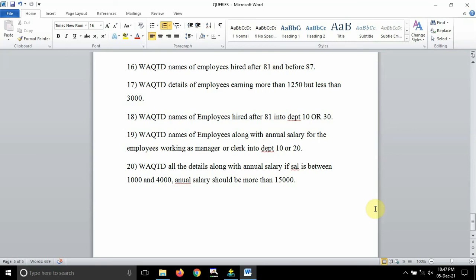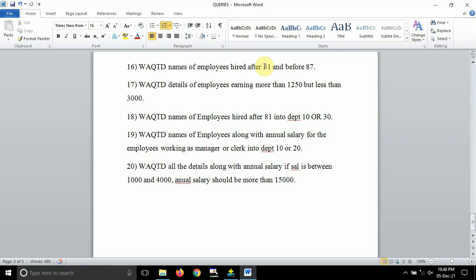Today is 5th December, the last month of 2021, and after 31st December, the year 2021 will be gone and 2022 will start. So after 81 means after 31st December 81. They will be giving only the year. We have to calculate, or understand, that after 81 means after 31st December 81.